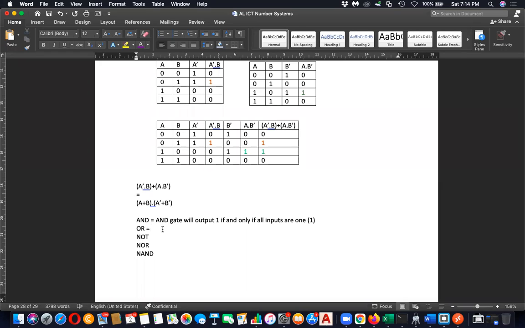Or get output 0 if only inputs are 0. Yes, OR gate will output, correct, exactly, very good. OR gate will output 0 if and only if all inputs